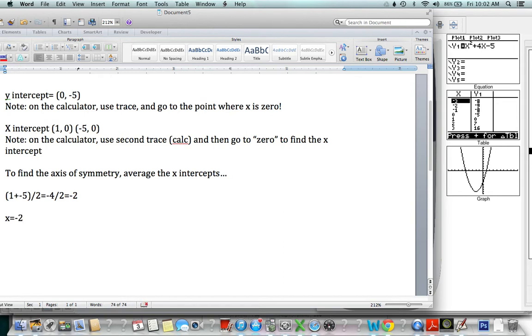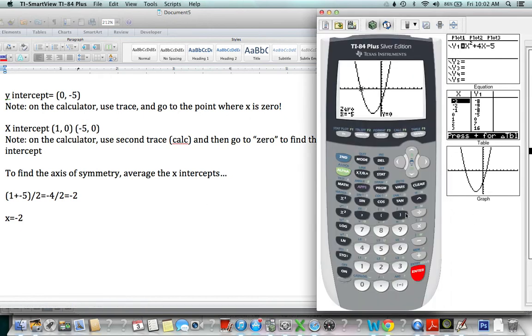There's actually a quicker way to do it using the TI-84. So let's go over that right now. So if we had found the vertex, it would actually tell us the axis of symmetry. So we're going to work backwards with this. So in order to find the vertex, we go to second trace, which is calc. Now the vertex in this case, since the graph is pointing in this way, the vertex is also called a minimum. So we go to number 3, which is the minimum,